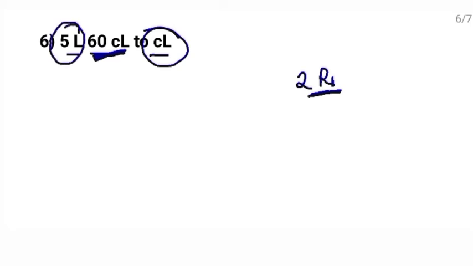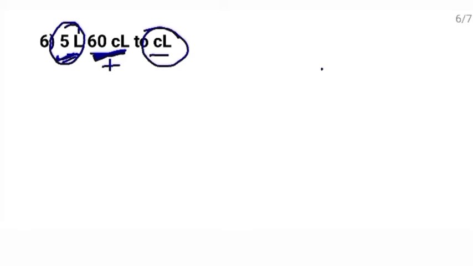Next one, you want to convert this 5 liter 60 centiliter to the centiliter. If you observe, you want to convert it into the centiliter, but this is already in centiliter. If I say convert 2 rupees into rupees, it is already in rupees, no need to convert. Similarly here, this is already in centiliter, so we will not convert it. Firstly you will convert this, and after converting this into the centiliter you will add this at the end, right?